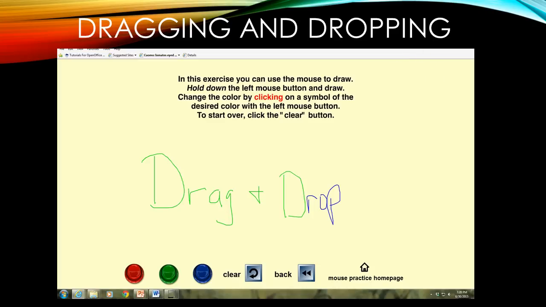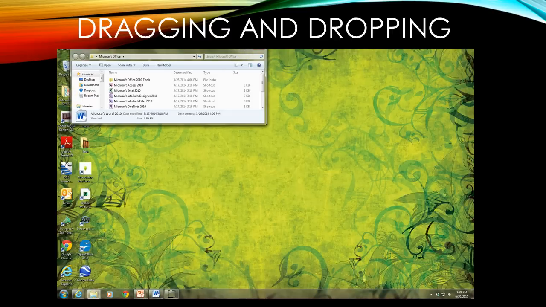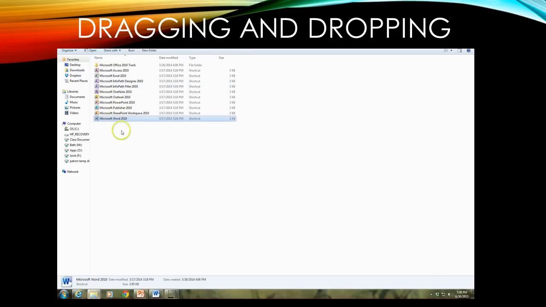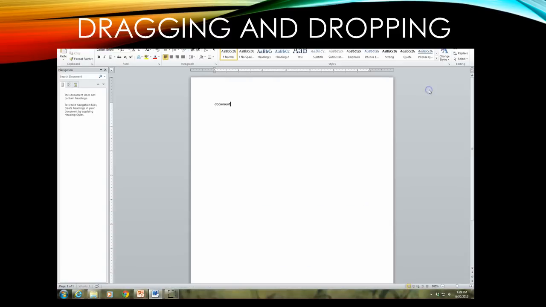Now something else that I want to go into is actually using some of the highlighting features and the dropping and the dragging into folders and so forth. So if I am in Microsoft Word and I have just created myself some sort of a document, I am just going to label it document. Let me make this bigger. And now I'm done, so I need to